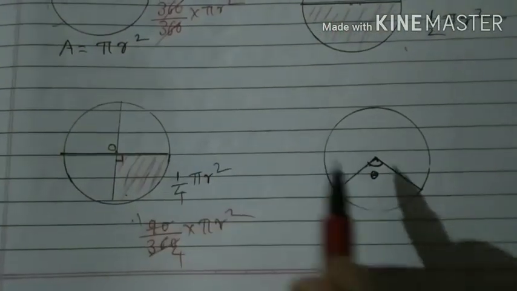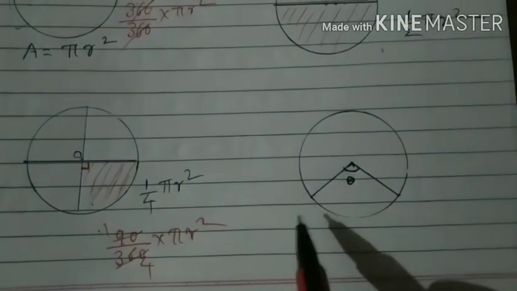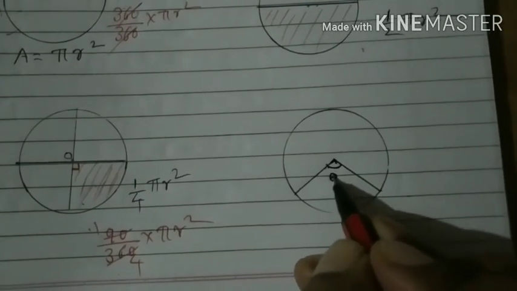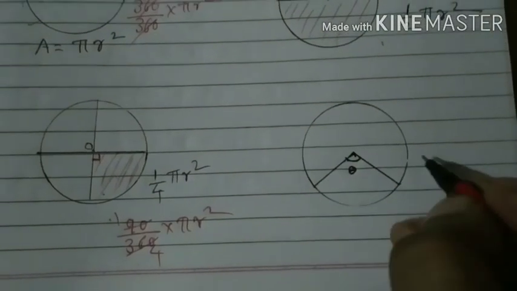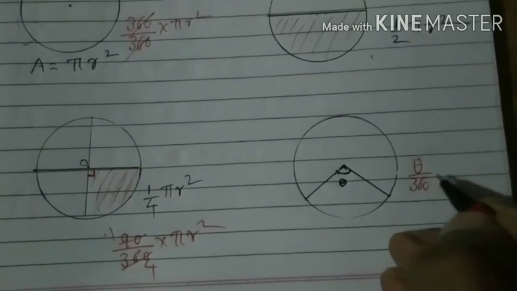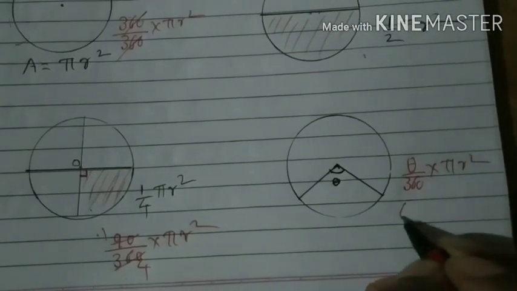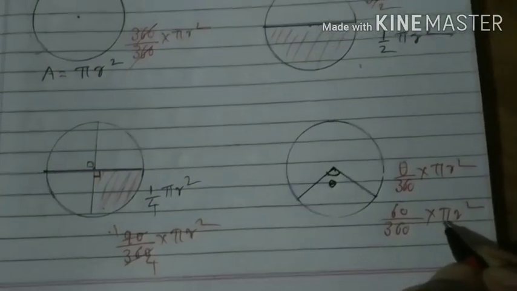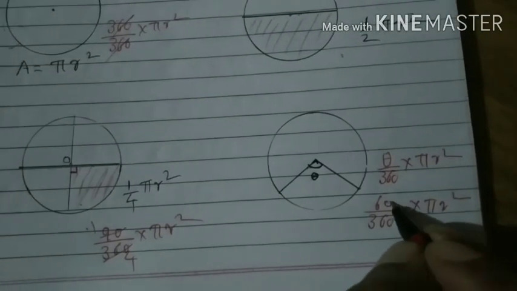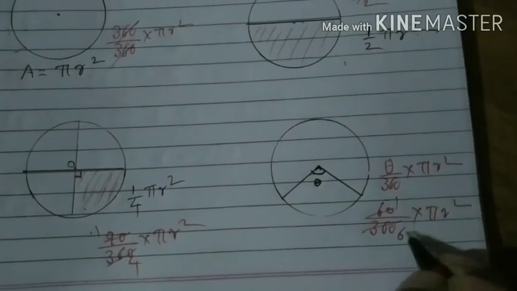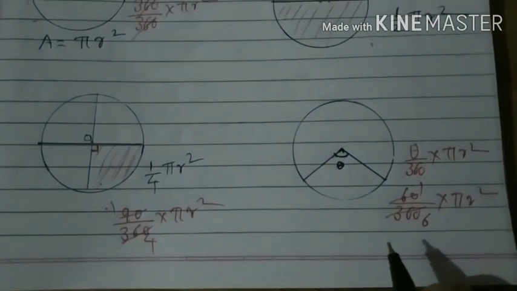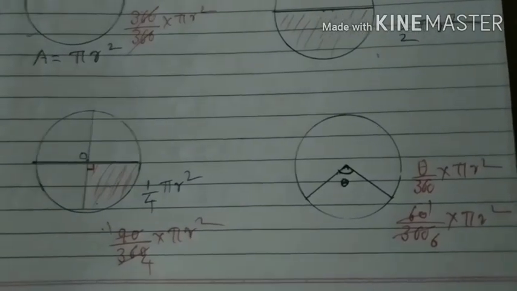Now these angles that we are using are actually theta. When you want to find the area of a sector, theta will be given. For example, if 60 degrees is given and you want to find the area of the sector, the formula is theta upon 360 into pi r square, that is 60 upon 360 into pi r square. The value of pi will be given, the radius will be given, and then 60 ones are 60, 60 sixes are 360, and you can get the answer. This explanation is given in the textbook, page number 150 and 151.